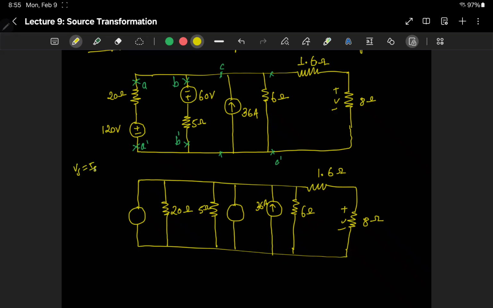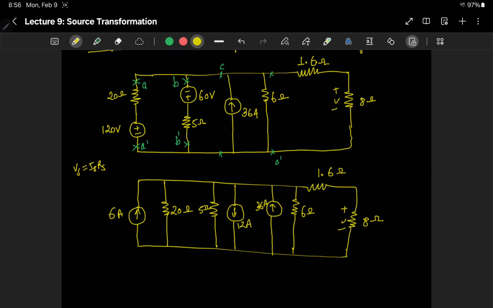Vs is equal to Is times Rs, right? So we can calculate Is as Vs by Rs. In this first case, the current is 120 volts divided by 20 ohm, which is 6 amperes. And in the second case, we have 60 volts divided by 5, which is 12 amperes. Now we see that the polarity positive sign is in the upper direction, so the current flowing in this case is up. In this B to B dash case, the positive terminal is on the lower side, so the